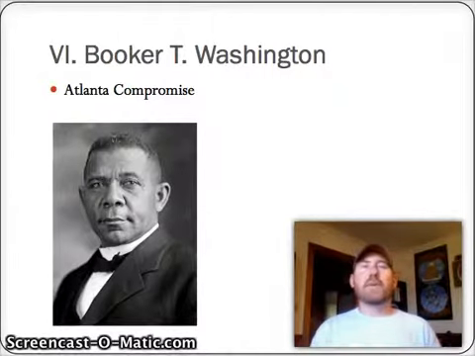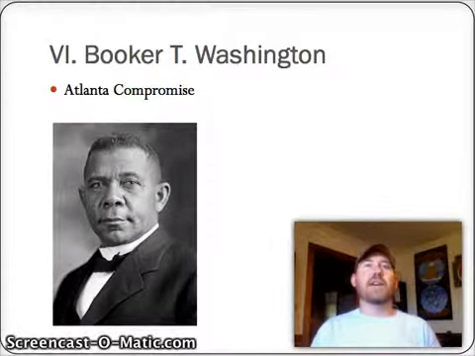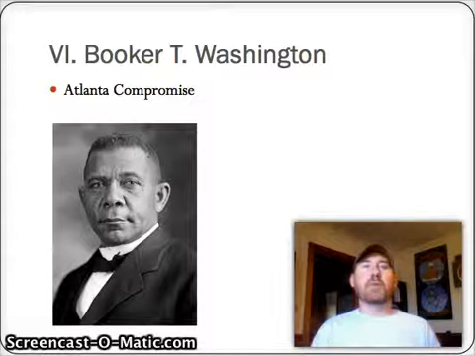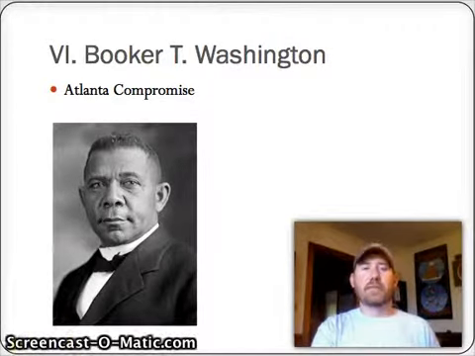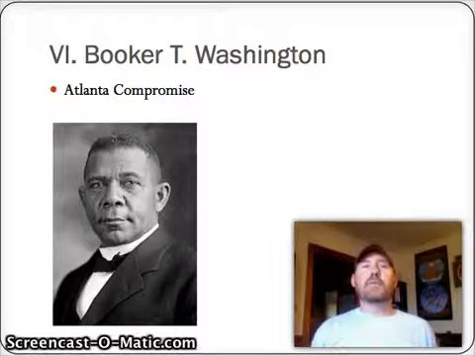By doing whatever we do. In other words, he's saying if we get economic rights, we'll step up as far as the levels go between whites and blacks, and then political rights will come. In other words, let's work on some more stuff before we work on equality with voting, stuff like that. While obviously always trying to get it, he just felt a more gradual approach was the best course for newly freed African Americans.